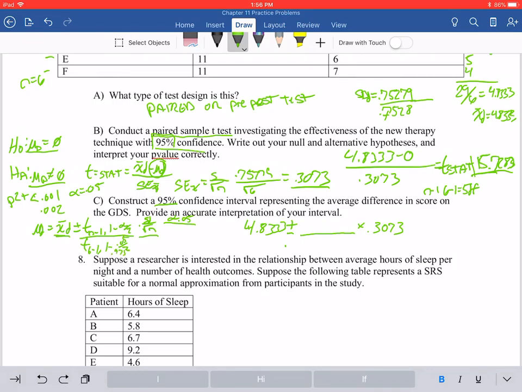is going to be 0.975. So we're looking for our t5, cumulative probability of 0.975. We go to the back of the book, find our t statistic that matches that. When you do that, you'll get a value of 2.571. Multiply 2.571 times 0.3073, which is our standard error of x. You get a value of